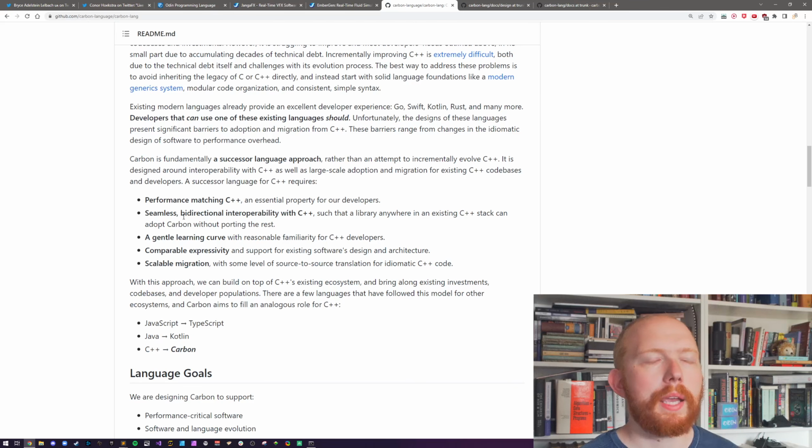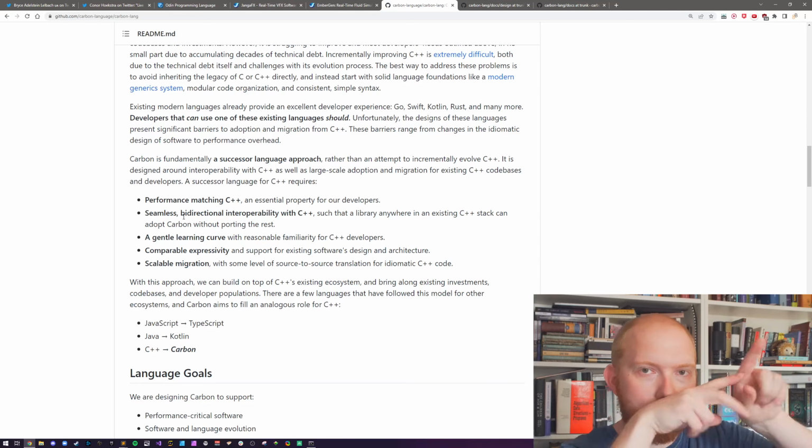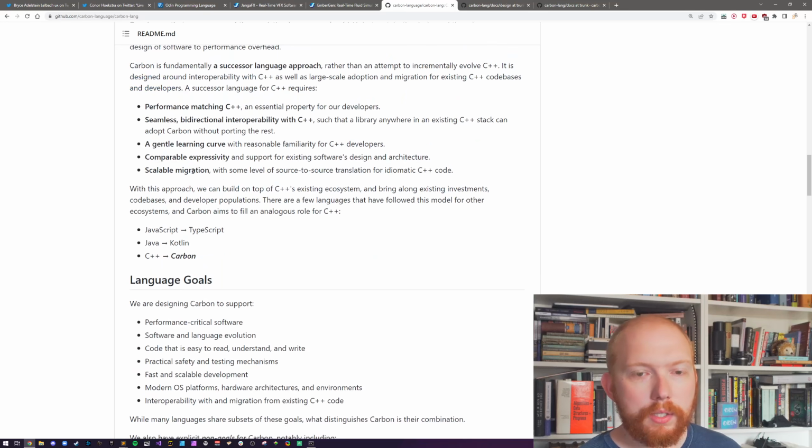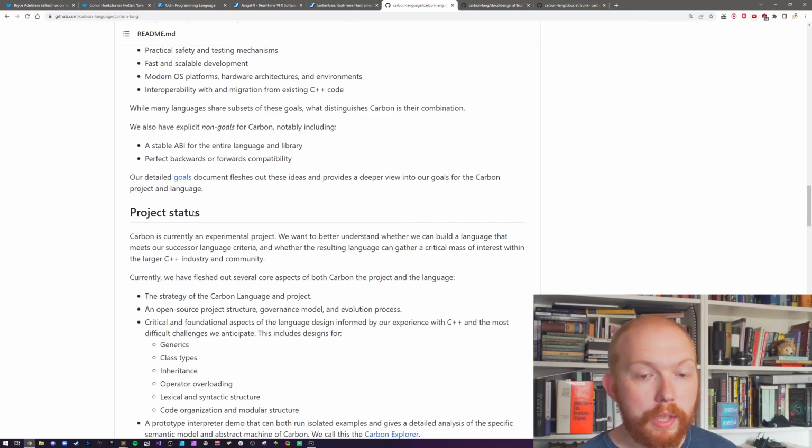The second problem is that to get the ABI correctly, you have to have a very similar type system for it to even work. That's one of the issues. So if you have a radically different type system, binding to it is going to be a pain unless you do the really stupid mangled name, and even then it's horror, not going to work nicely. Gentle learning curve, whatever. Scalable and comparative expressibility, yeah, whatever. These are all fine. You can read it through at your own pace.